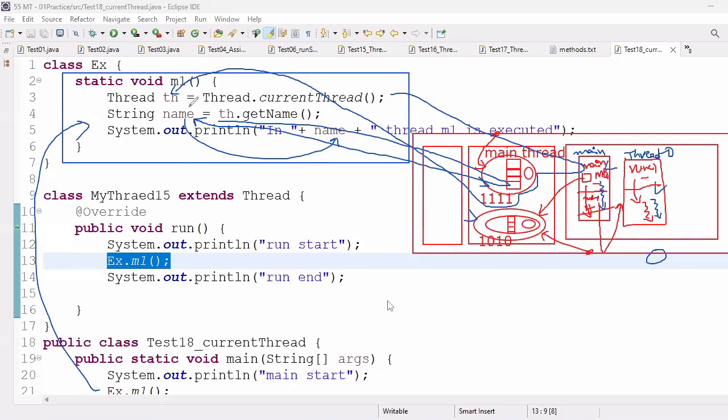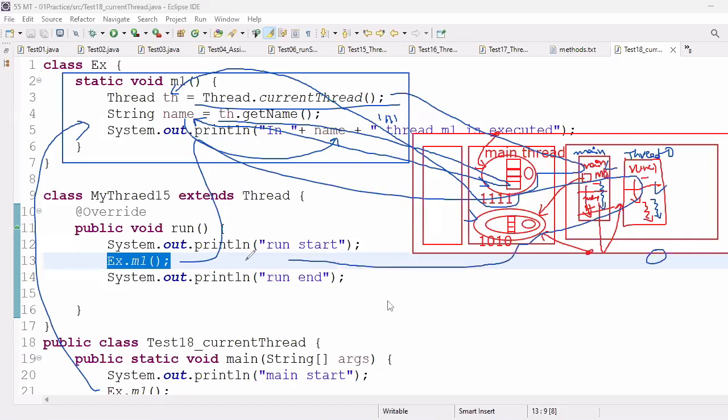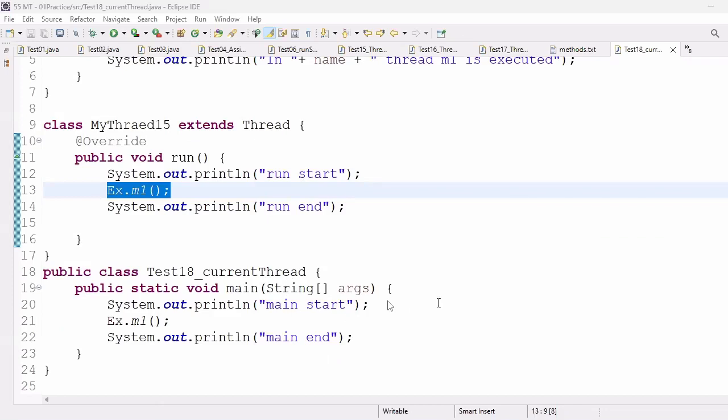From main thread, Thread.currentThread returns what? Main thread object. Second time it is returning which thread? Custom thread. Custom thread object reference is what? 1010. And now from here, what will it return? 1010. Now with the 1010 object reference we will get thread-0. But is the run method automatically executed? No. We have to